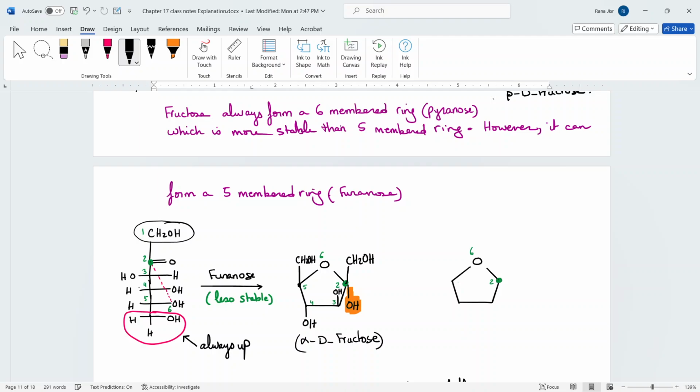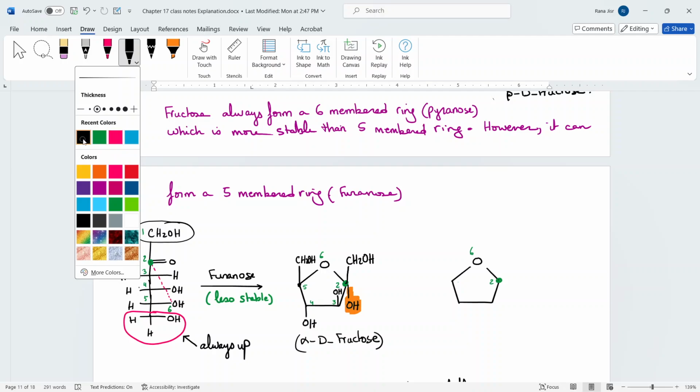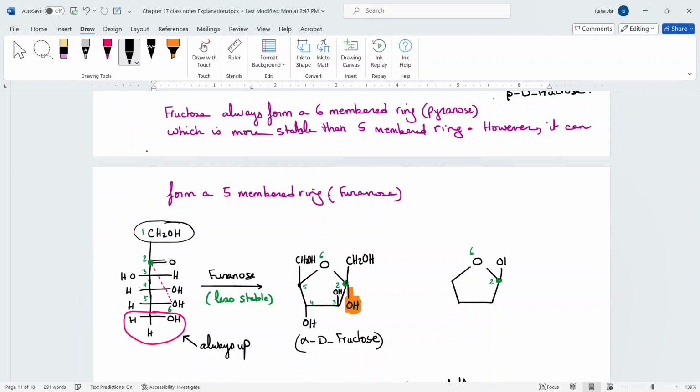Okay? And if my OH is pointed up, then the CH2OH is going to be down, and then I keep the same orientation of the rest of the OH substituents in there. And of course, the CH2OH is always up over here, and that is going to be the beta D fructose anomer in this case. So it really depends where your OH is, and that is going to force the CH2OH,